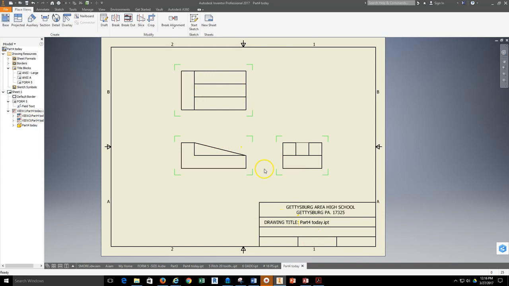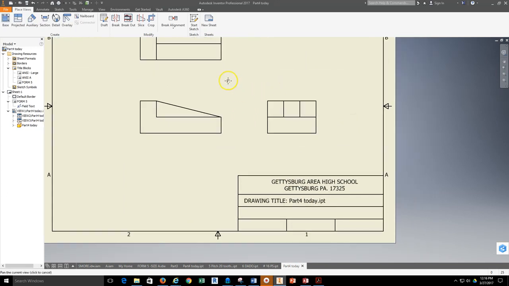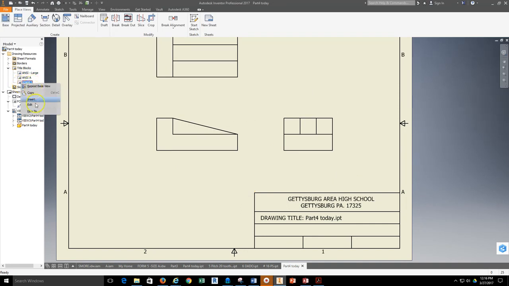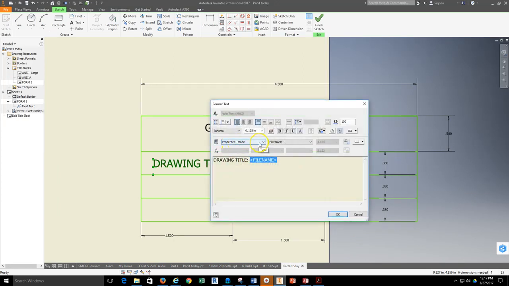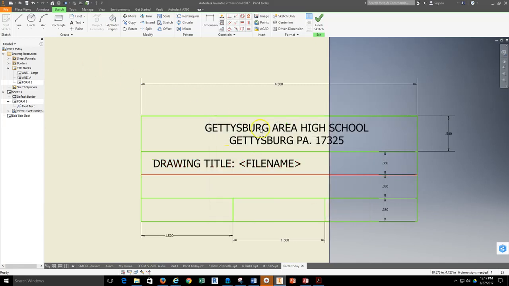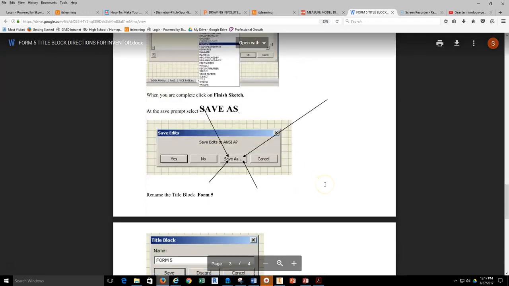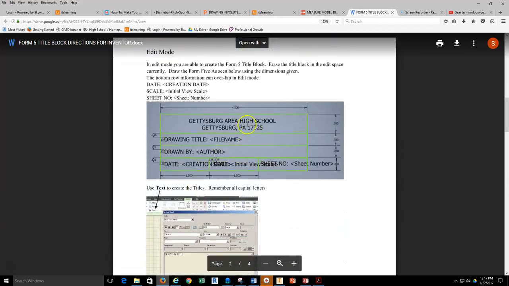So whatever I save this as is what's going to become the title, because Inventor is now looking at this model, and looking to the file name for the actual drawing title. And that's how Inventor goes back and looks at objects from the title block. Anything that occurs in this title block, in this unique text that comes from the type property, the property itself, and then gets inserted, will then be able to be seen from the information in the model. So continue filling out and walking yourself through this particular